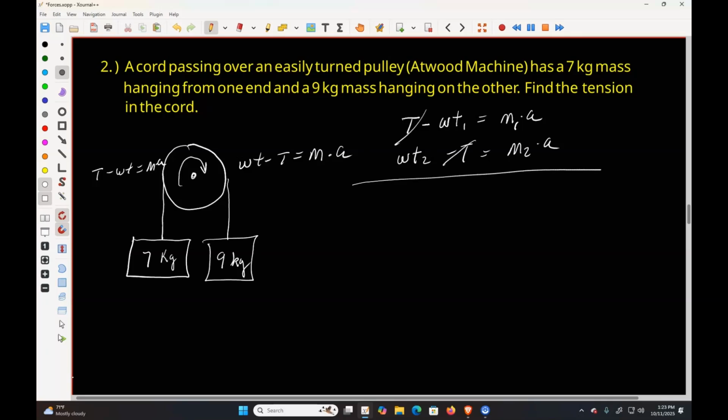So weight 2 minus weight 1 equals M1 plus M2 times A. So A is equal to weight 2 minus weight 1